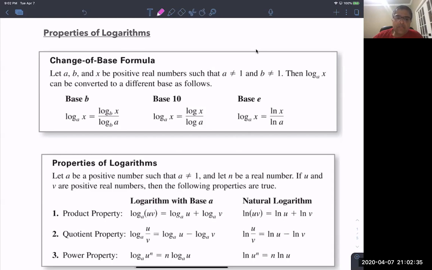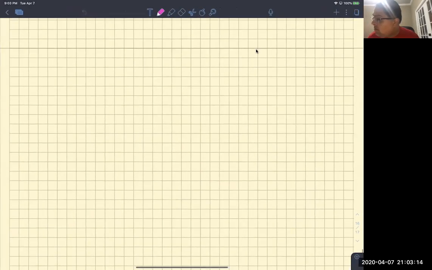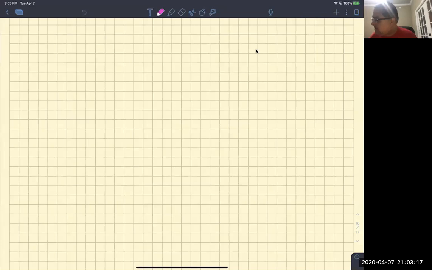Well, for those of you using scientific calculators, not so much with graphing calculators, but with scientific calculators, they don't have a log base 3 key or a log base 5 key or a log base 7 key. The only logarithm keys that most calculators have are log base 10, which is common log, or log base e, or natural log. So you still want to find a way of calculating, for example,